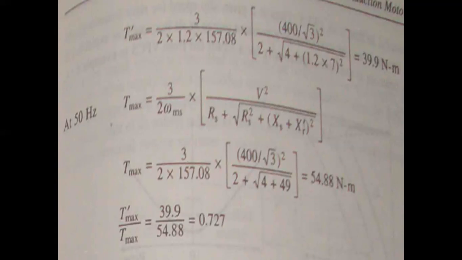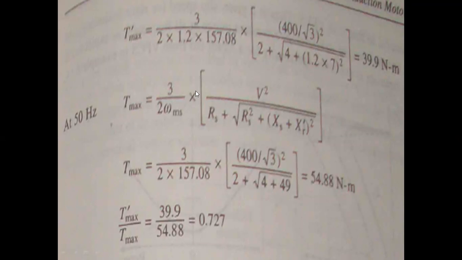Okay, so you will get the maximum torque T maximum dash as 39.9 newton-meters. Same, calculate for the 50 Hz, and if you find out the ratio, we have calculated what they have asked. So T maximum at 50 Hz is equal to